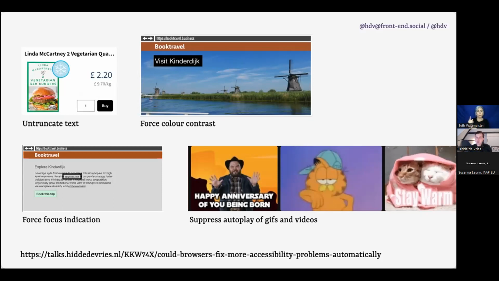A browser could force color contrast. So if you are on a website where there is some white text positioned on top of an image, a browser could put a background behind that text and make that work. That is something a browser could do. The designer of the website might not like it, but the user might, because they just want to read the text. A browser could force focus indication.